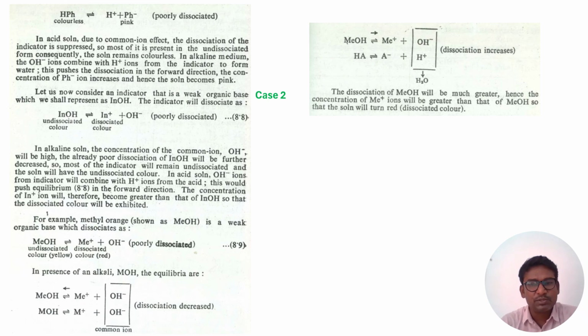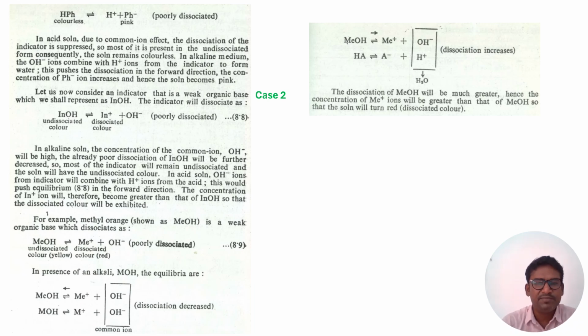Whereas in acid solution, the hydroxyl ion from the indicator will combine with the H plus ion from the acid. This would push the equilibrium in the forward direction. The concentration of indicator plus ion will therefore become greater than that of the indicator, so that the dissociated color will be exhibited. For example, let us take methyl orange, that is MeOH, a weak organic base, which dissociates